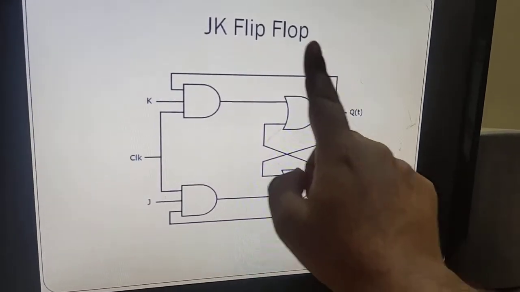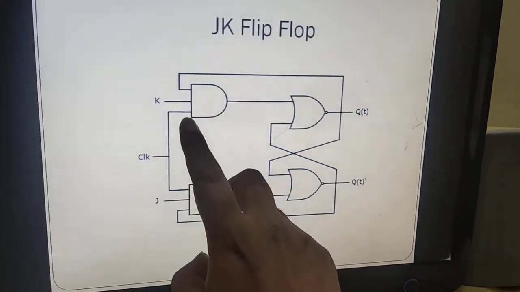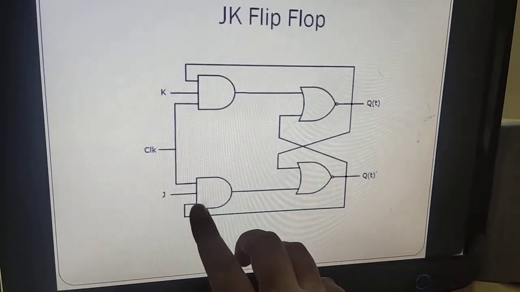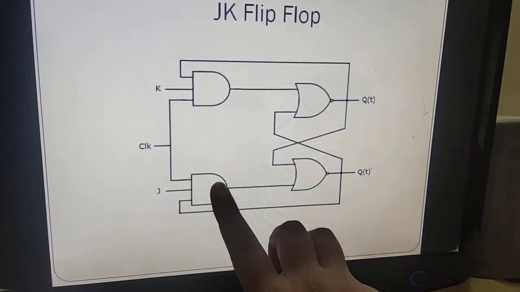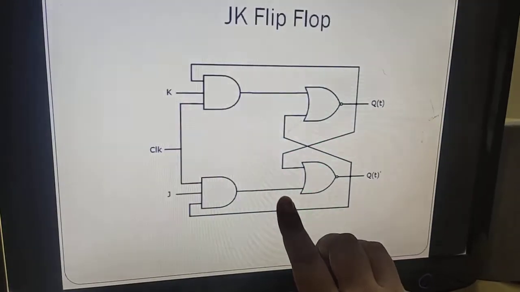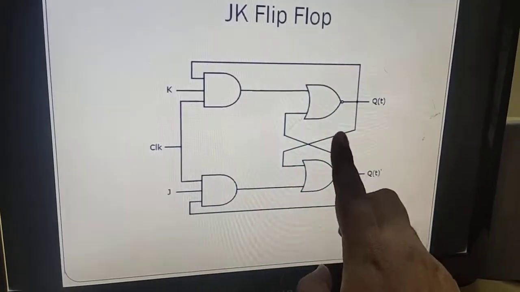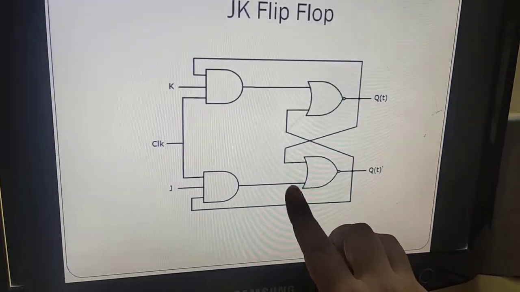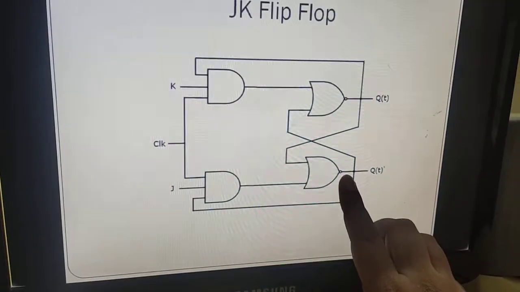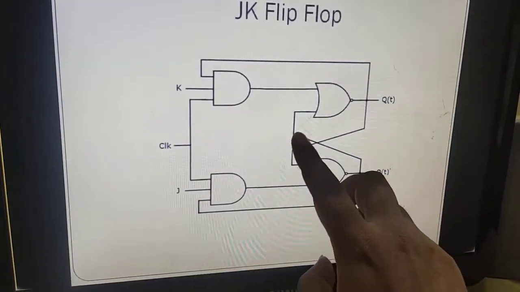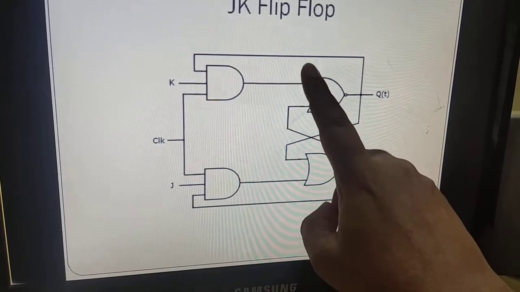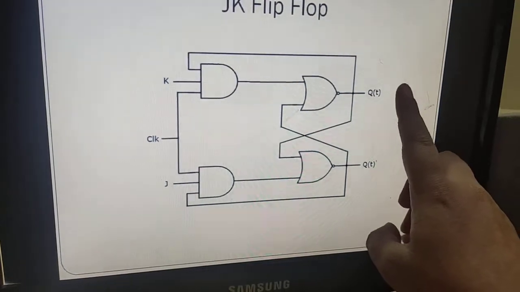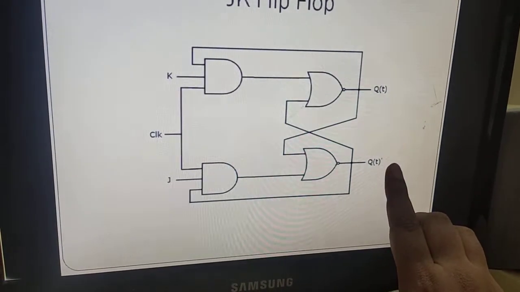So what happens is this 0 will come here, 0, 0, 1. This becomes 0, and Q(t) bar is equal to 1. So this is 1 here, this is 1 here, this is 1, so the output of the AND gate will be equal to 1. Now this 1 and this 0 come here, and 1 plus 0 is 1. This 1 given as an input to your NOR gate makes its output 0. And this 0 comes here, 0 plus 0, so the output of the NOR gate will be equal to 1. Therefore Q(t) is equal to 1 and Q(t) bar is 0.